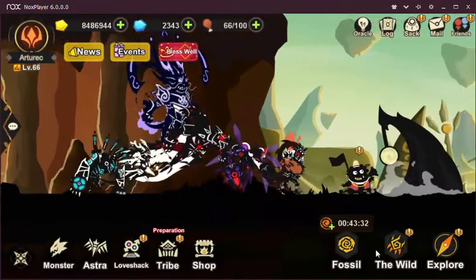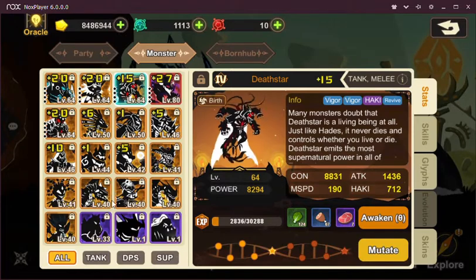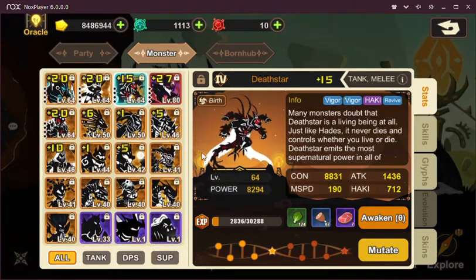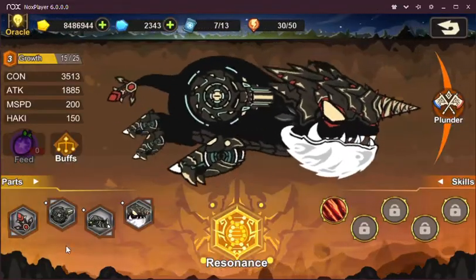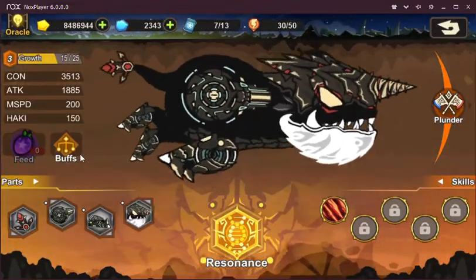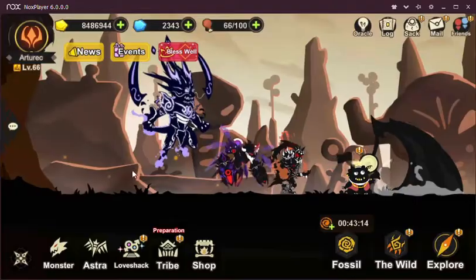Is mutates. Your second thing is synergy. As you can see, I'm slowly building up my repertoire of these IV monsters, which will help your Gaia, which is a new feature. I'll make a video on that soon. As you can see, your synergy stats. On top of that, you need